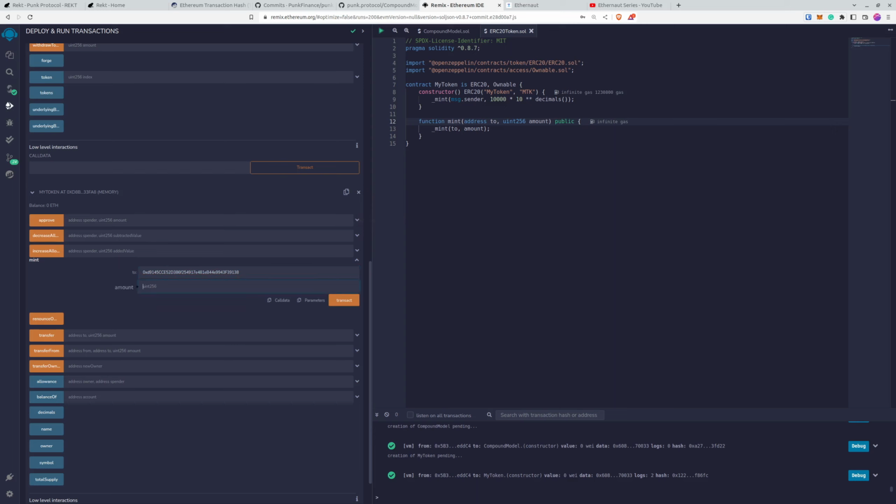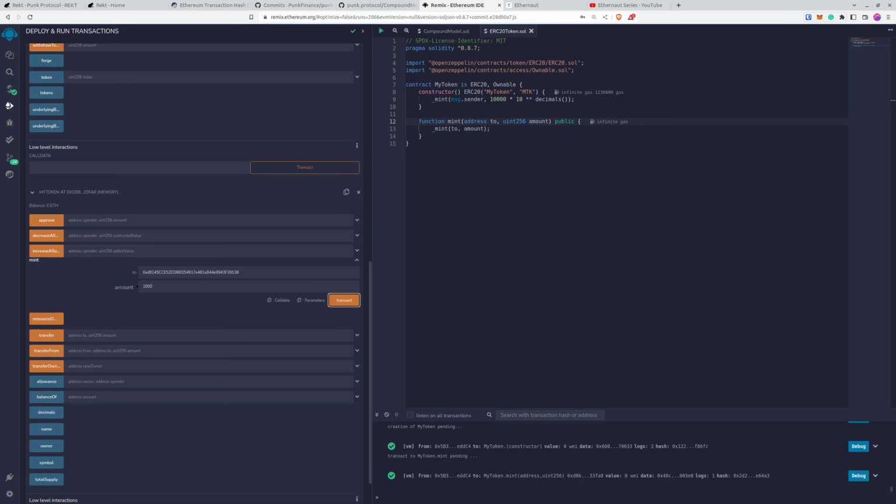So let's say maybe 1,000 Wei. And keep in mind that it's not going to be 1,000 tokens because there are decimals. So it will be a fraction of a token. But it's alright for test purposes. You can go for a higher number if you want. So I minted the tokens for the compound model. So I can collapse my token,